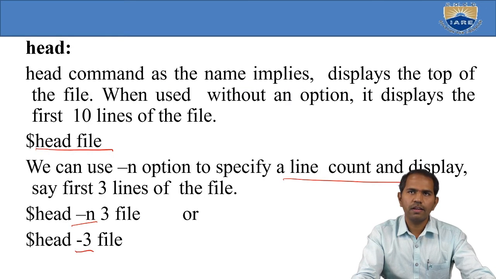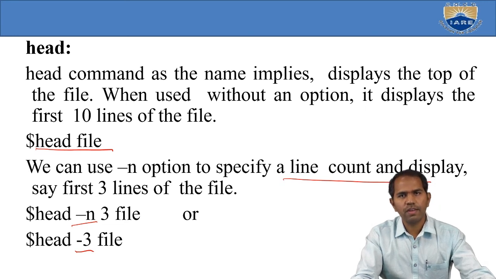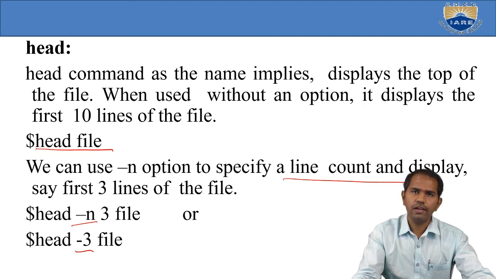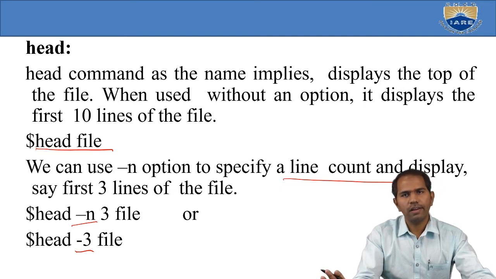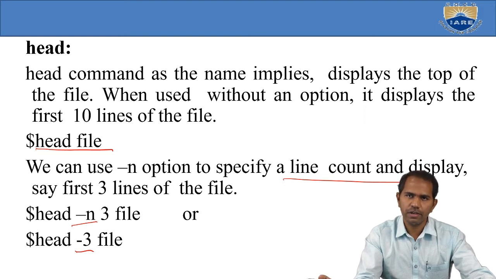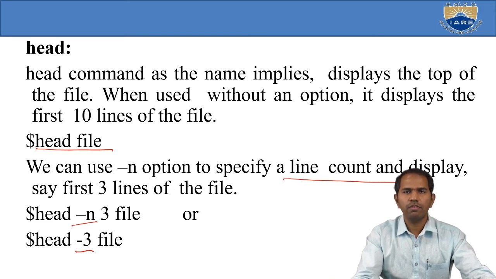So head is another command for when I want to know the top lines of the file. Just simply head file name. It displays the starting 10 lines of our file. But if I want to know the starting 30 lines out of 200 lines of our file, just give head -30 file name, or with the -n option, head -n 30 file name. So these are all the supporting commands for our text processing utilities, head and tail.